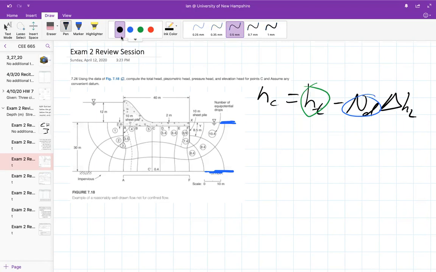So to calculate the total head at point C, it's going to be 42 because that's the whole distance from here to here. So that'd be total head. So 42 minus 5